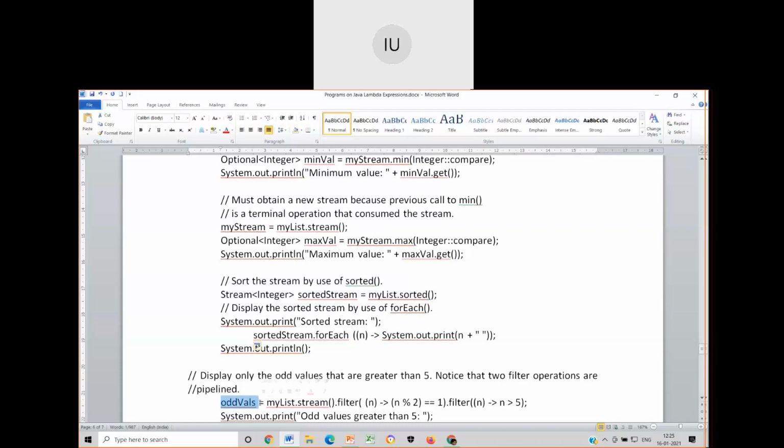I have not streamed it, that's why I have written stream explicitly. Have I created stream oddVals? It is not done yet. For that reason you can very well do it like this: original list dot stream. It means you are converting the filter that you obtain into what is called streaming.